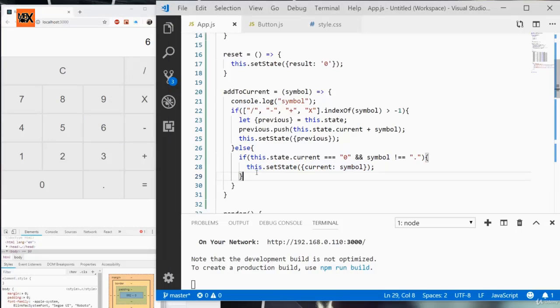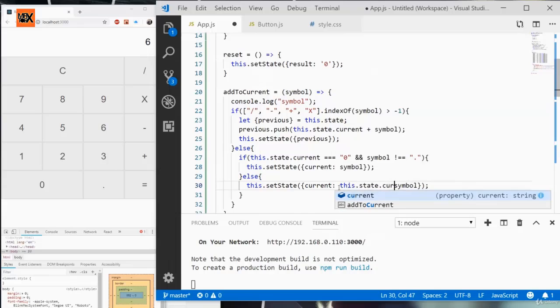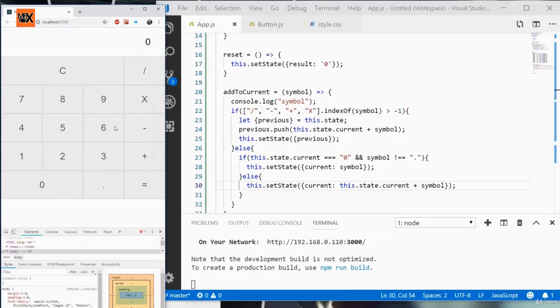Else, we need to have that concatenated, this.state.current and then plus the symbol. So I'm going to save it, and now we can type 65, and it replaced that 0. Take away, and this is a good setup. See this? Now when we hit a number where the last operation was one of these,